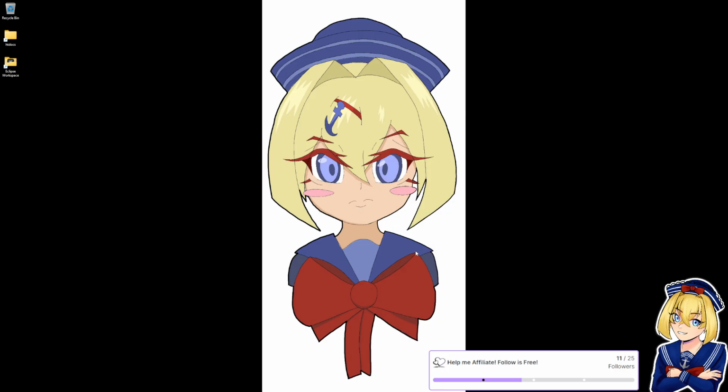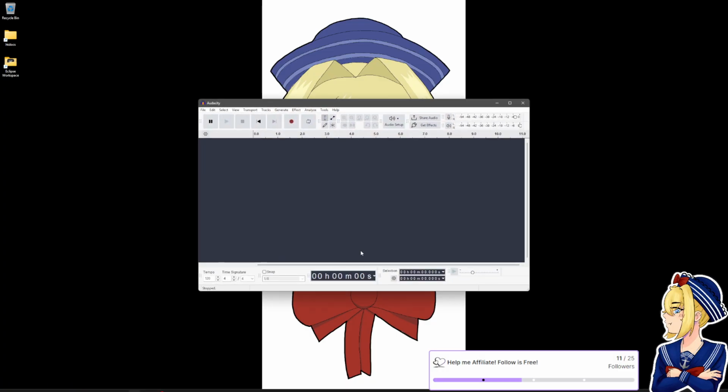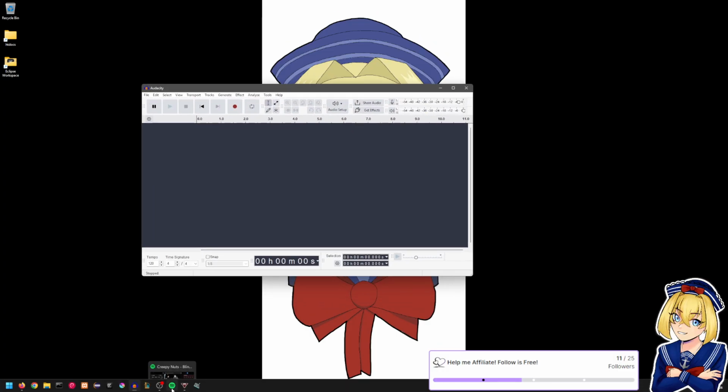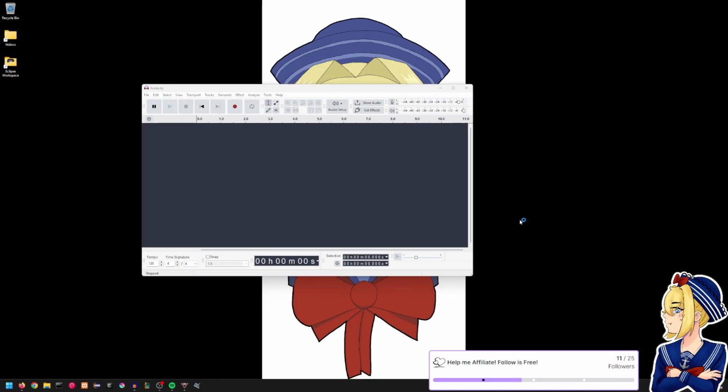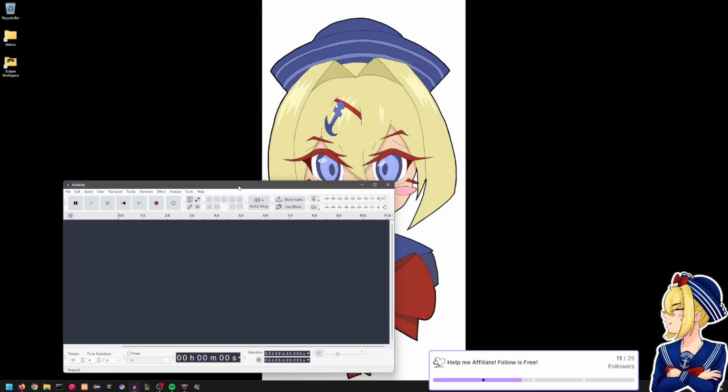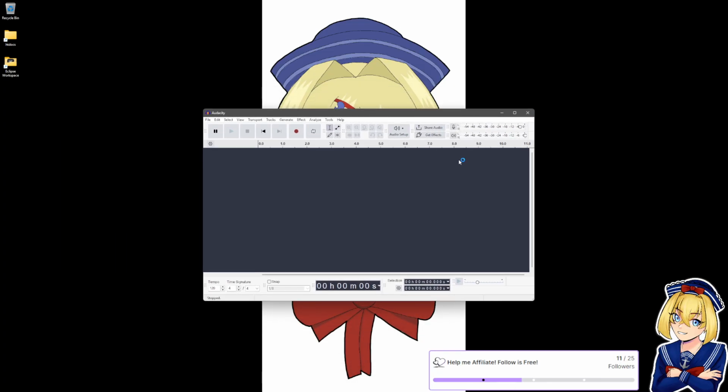Okay, in order to do images and audio, obviously we're going to need images and audio. Two programs that I recommend are Audacity and Krita, which is this one. I just installed these programs basically, so it might take a second to open Krita. It looks like it's loading.